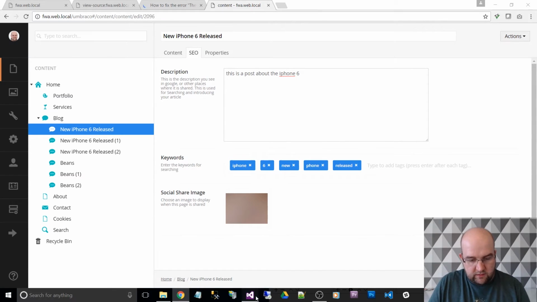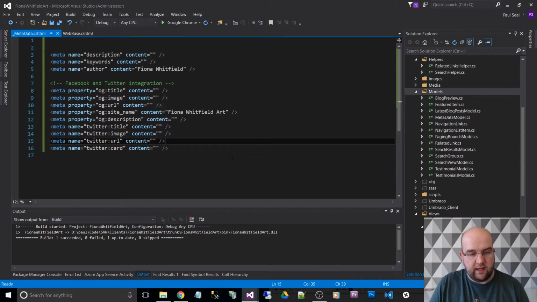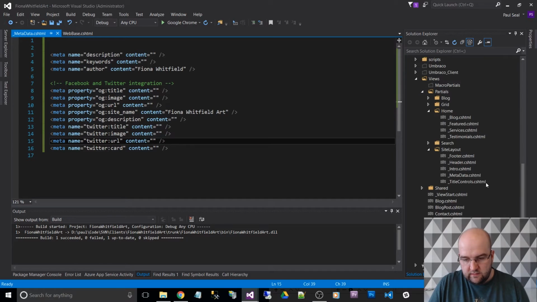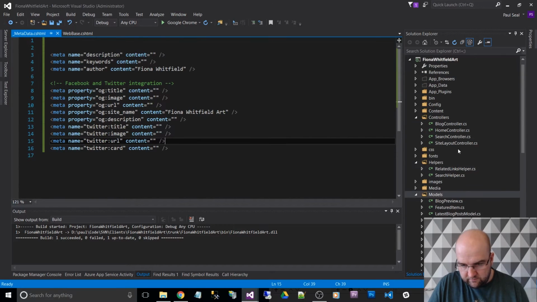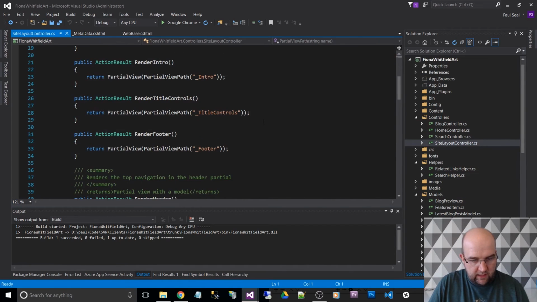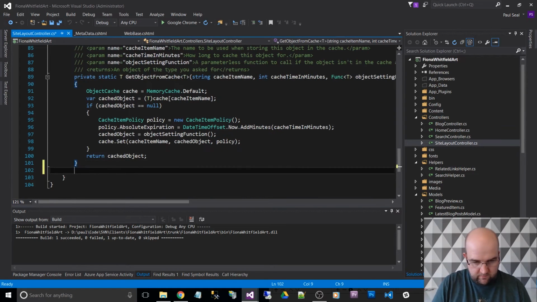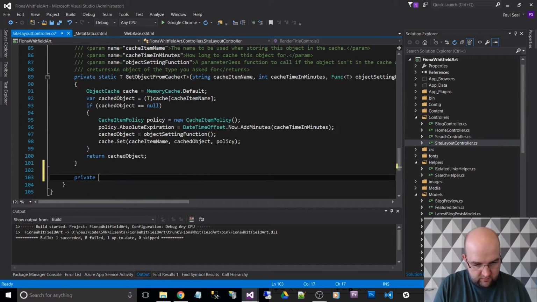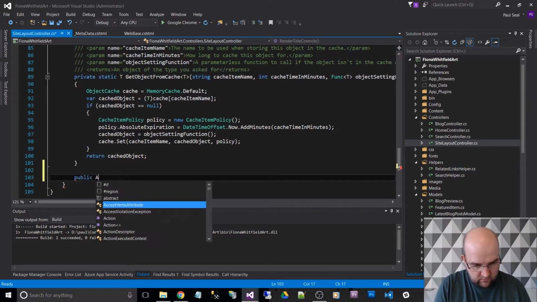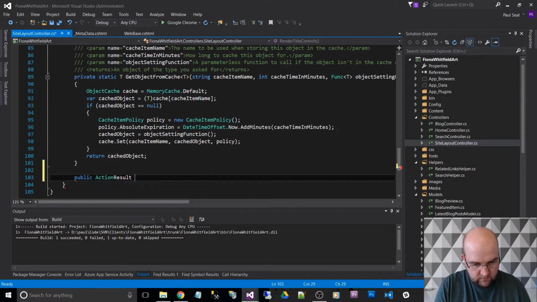So now what we want to do in the code is get those properties and pull them into here, so that every time the page loads, it's got that detail from there. So if we go into the controller, the site layout controller, we'll create a new one at the bottom here, and we'll call it public action result render metadata,